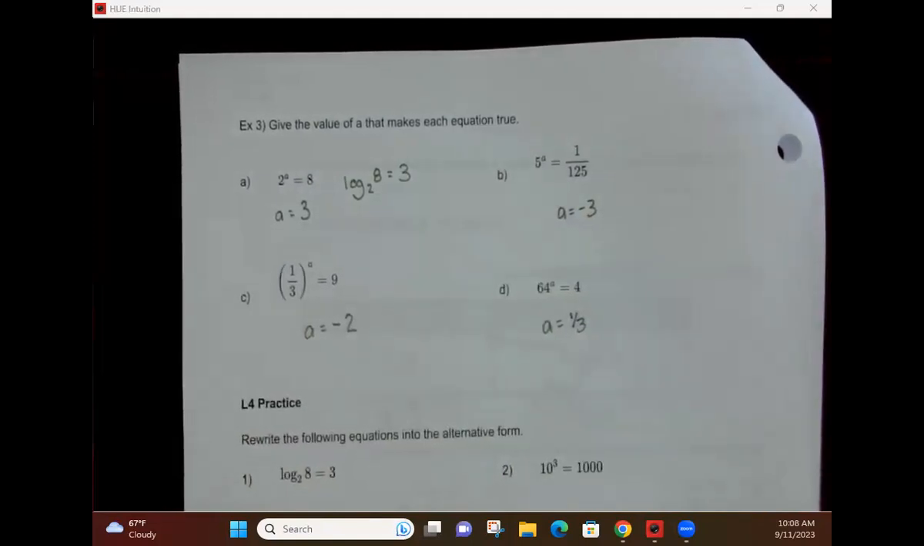So big idea for today, swapping between those two forms, okay? I would like you now to work on your practice at the bottom of page 12. I am anticipating we will finish this with ample time to spare. So we will check these once you guys